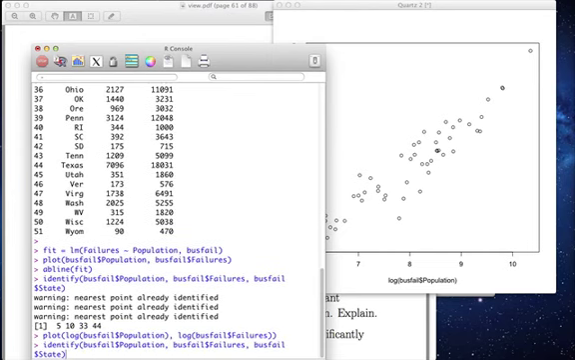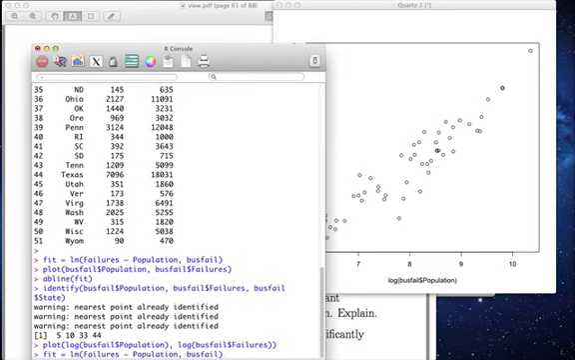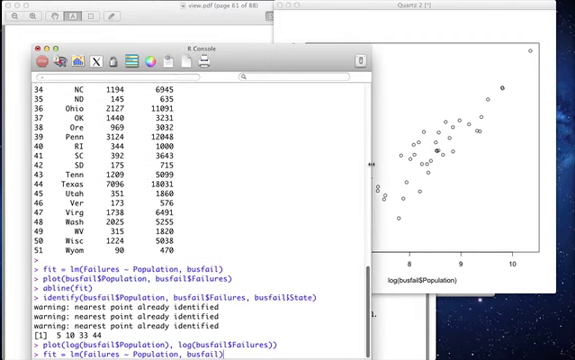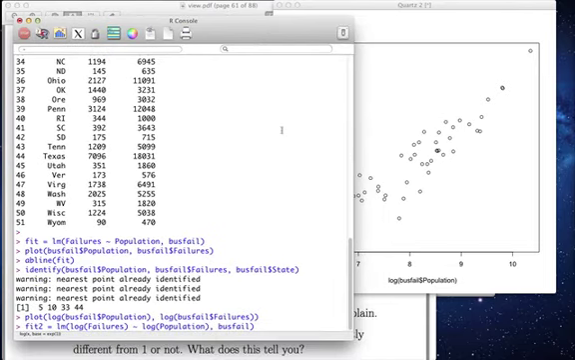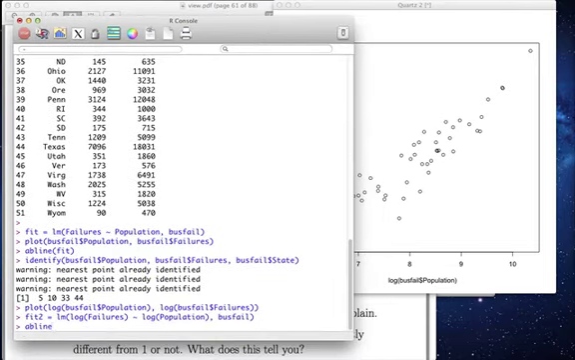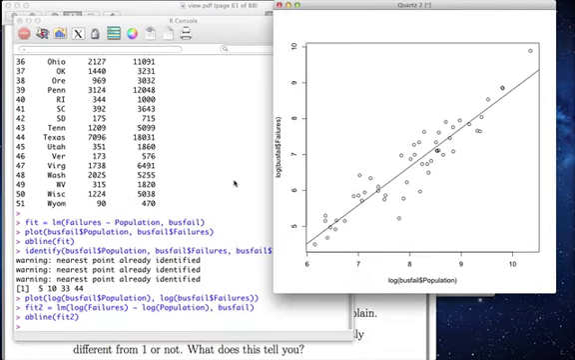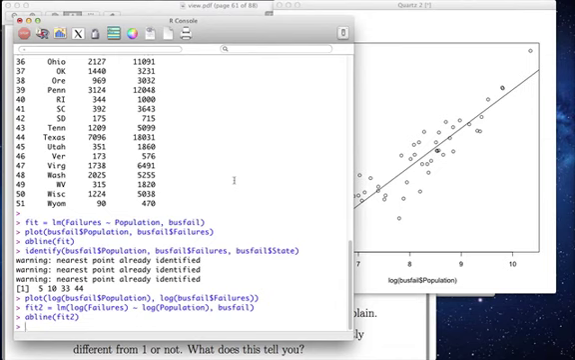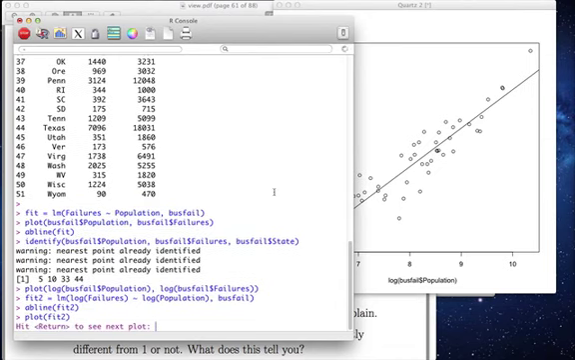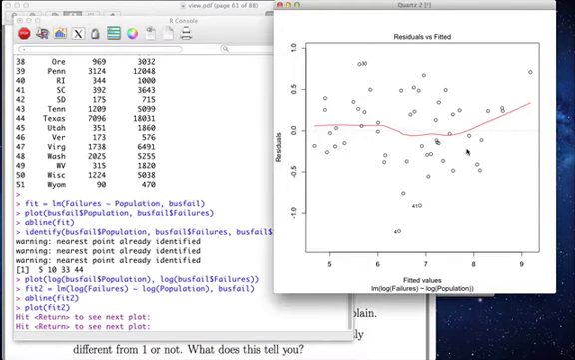Now we're going to fit a regression model, so let's bring back that regression command. Let's call this fit2, and we can just add the log function within the lm call. So let's have the log of failures regressed on the log of population. If I do an abline of fit2, we see that we have a very good fit. We could also examine residuals. If we do a plot of fit2, what you'll see is that the residuals look pretty good now,